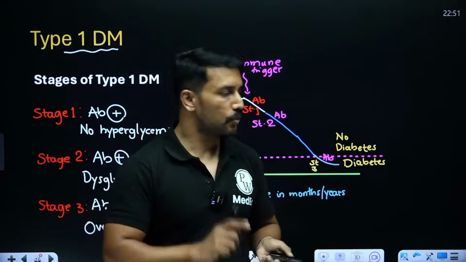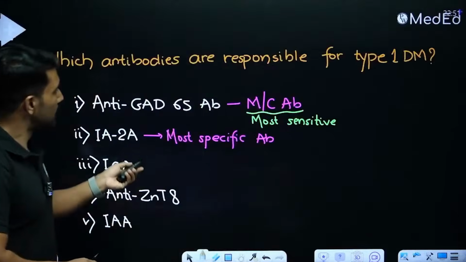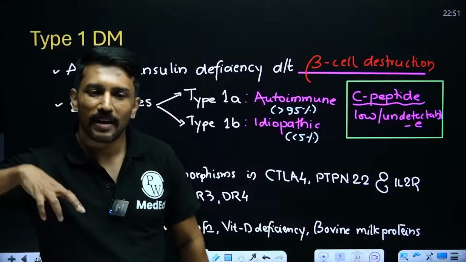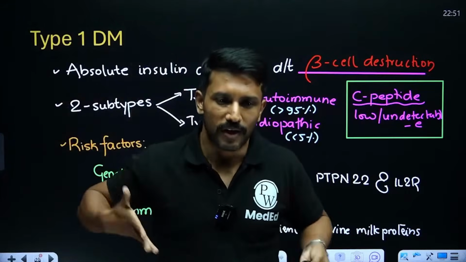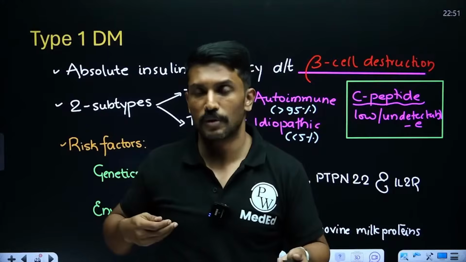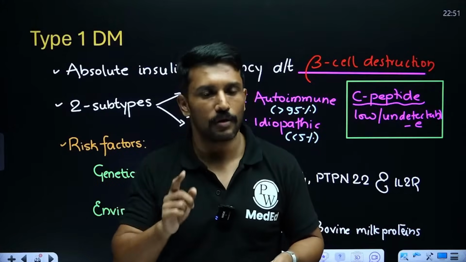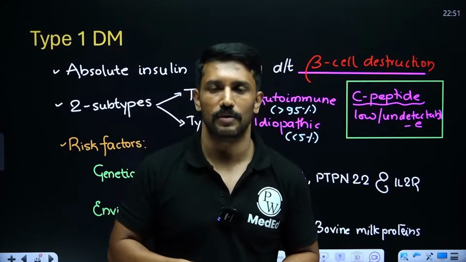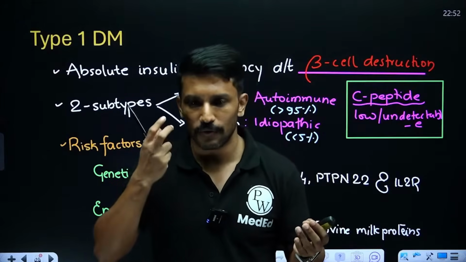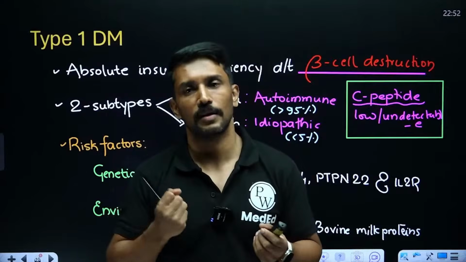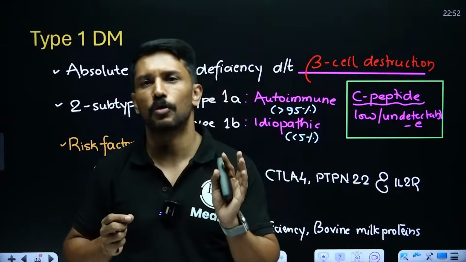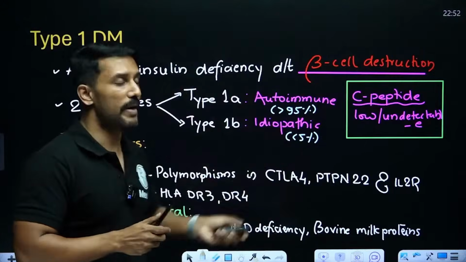Why? Two reasons. One, there is absolute insulin deficiency. Now you may create mechanisms for this patient to excrete more glucose or decrease glucose absorption, but I have already told you, insulin is essential for the cells to utilize glucose. So if there is no insulin, cells will not be able to utilize the glucose. So for my cells to use the glucose, I need some amount of insulin. So these patients need to be managed with insulin.